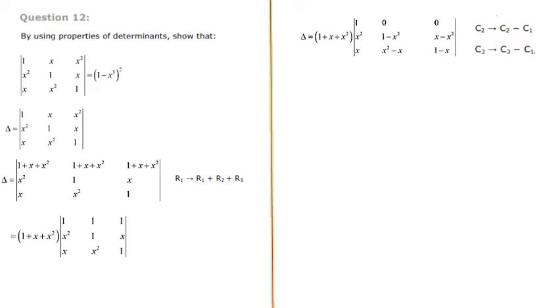Now a little bit of algebraic calculation, that means we have to expand this 1 minus x square. Here x minus x square, something common is there, here also common is there. So let us go for that calculation. Outside, 1 plus x plus x square is there. Inside the determinant, the first row remains the same, 1 0 0, and x square remains the same. This 1 minus x square we have to expand by using the identity a square minus b square. A square minus b square is (a plus b) into (a minus b), that is (1 minus x) into (1 plus x).